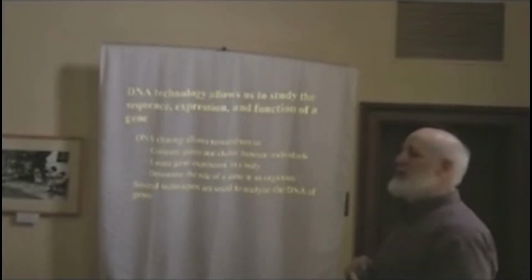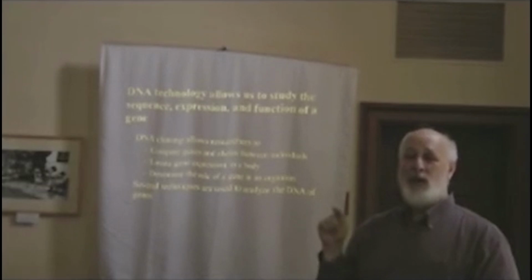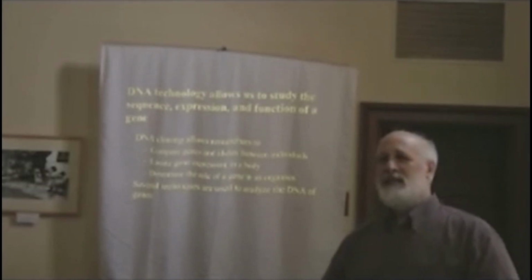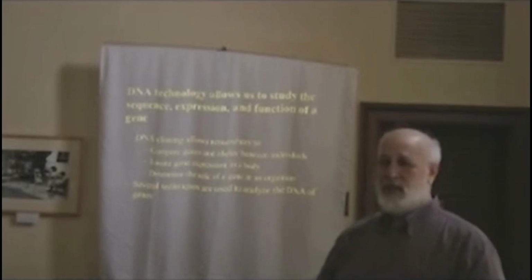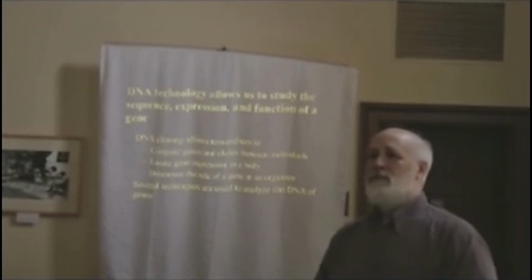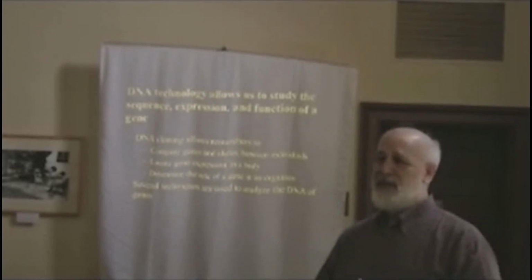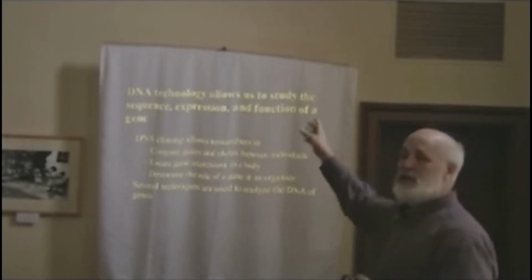Okay, the kinds of things that we can do with the DNA: that PCR technique is another way of cloning. Now, it's a lot faster and in some ways easier than using plasmids and sticking it in bacterial cells. It's just, for very large amounts of DNA, it's not that reliable. So that's why they still use the plasmid cloning technique a lot. So we can compare genes and alleles. Alleles are different forms